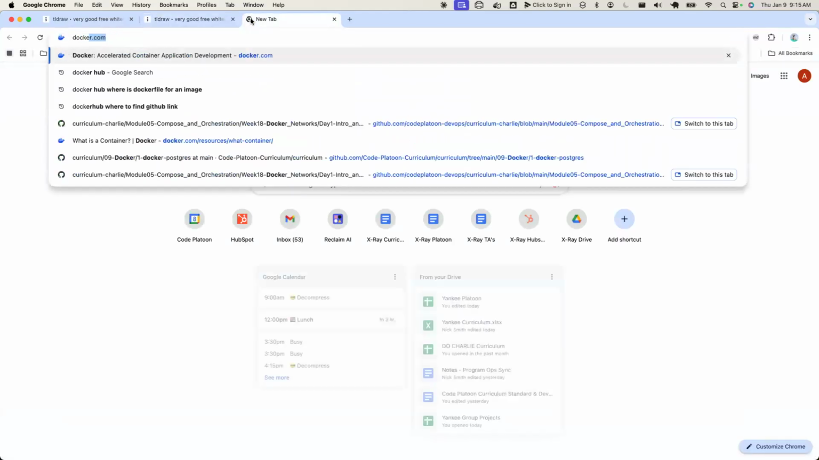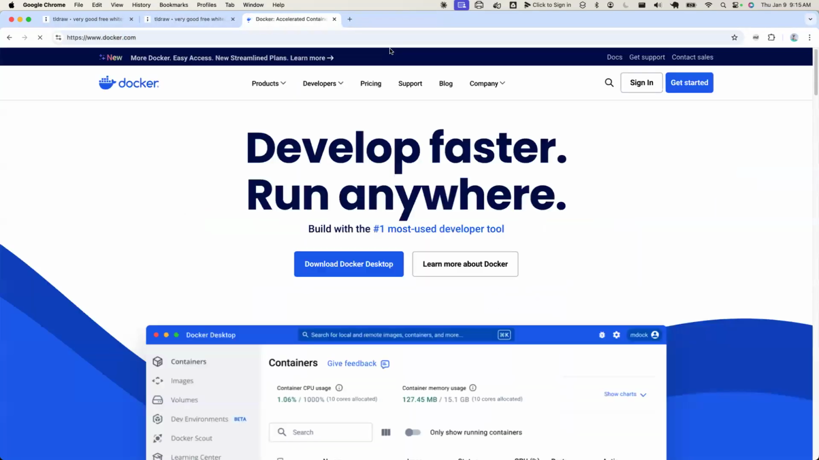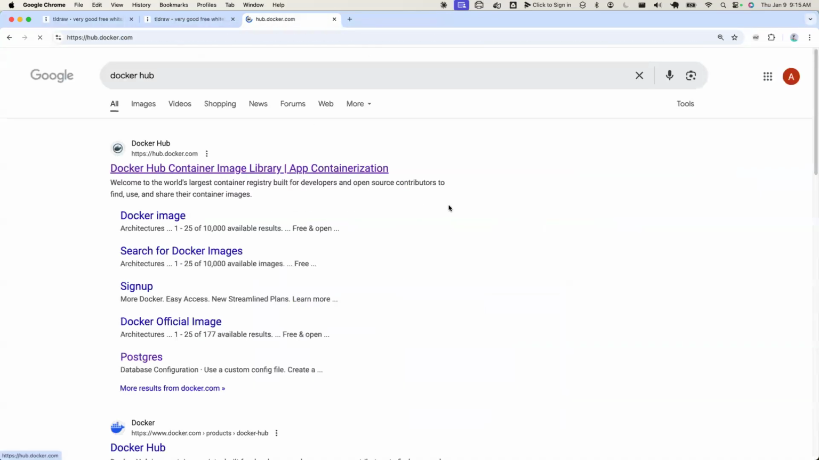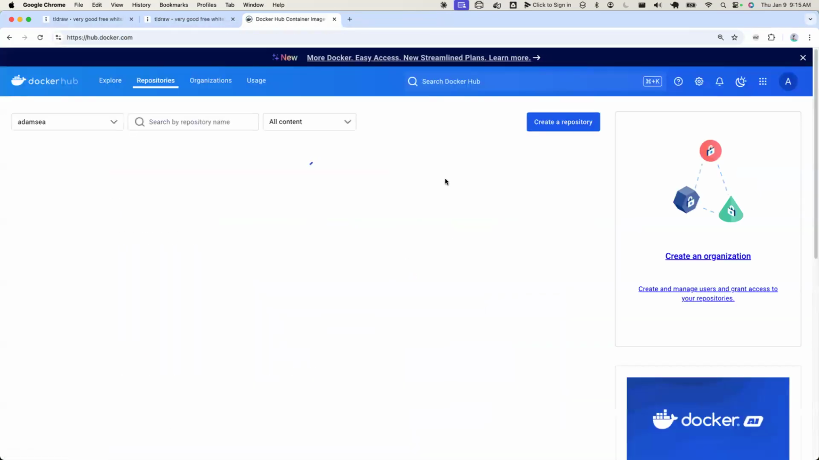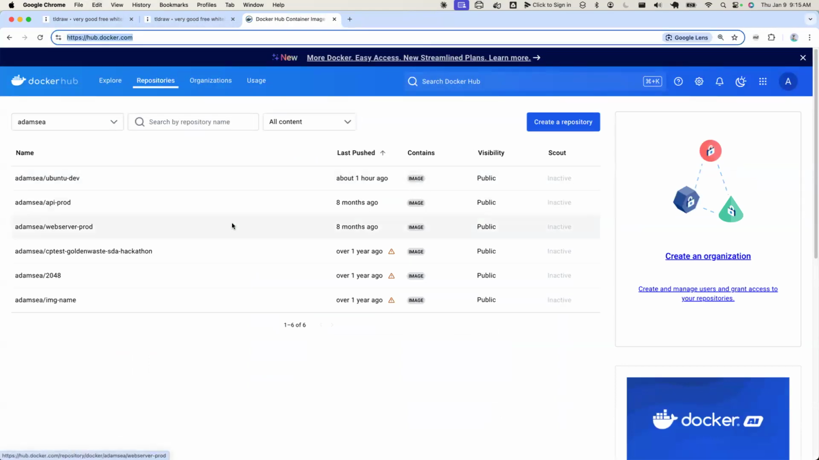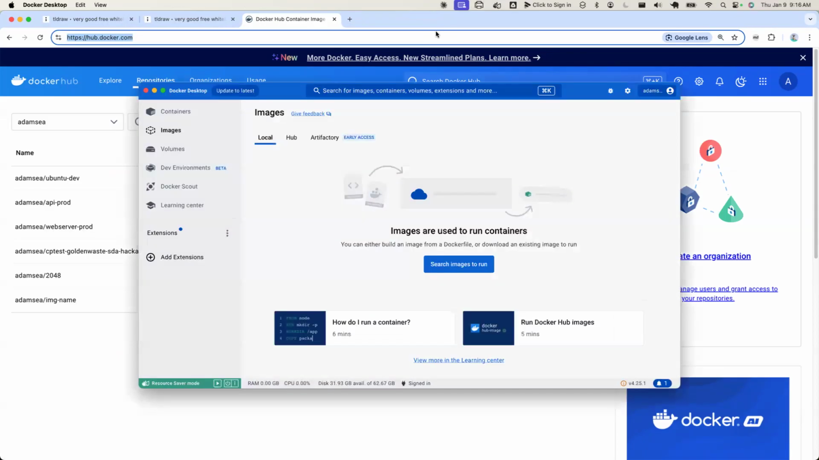And so hopefully everyone has gone and created a Docker account. You should be able to go to Docker Hub, hub.docker.com, and be logged in. I have some things up here. You probably won't have stuff up here. And hopefully everyone has downloaded Docker Desktop,